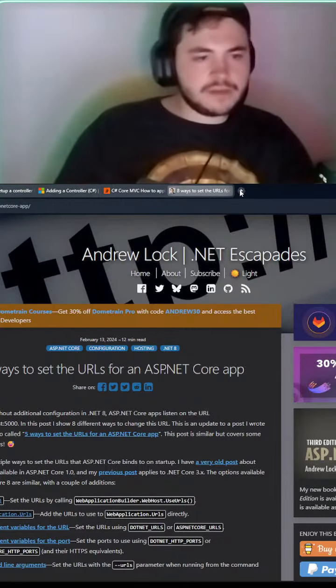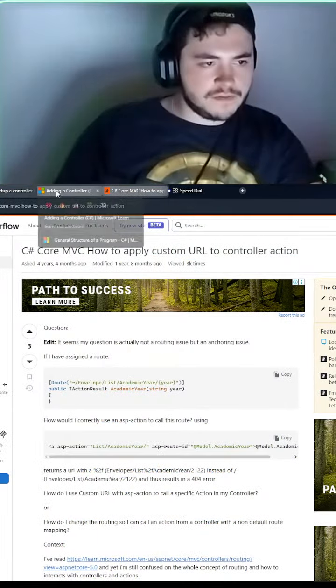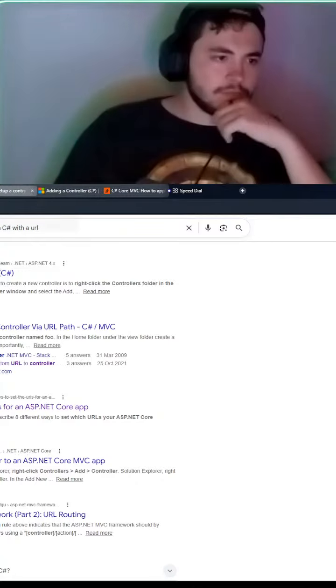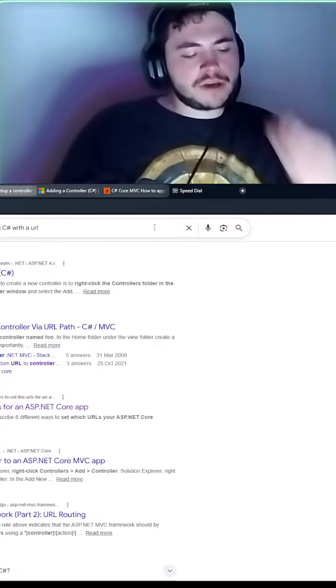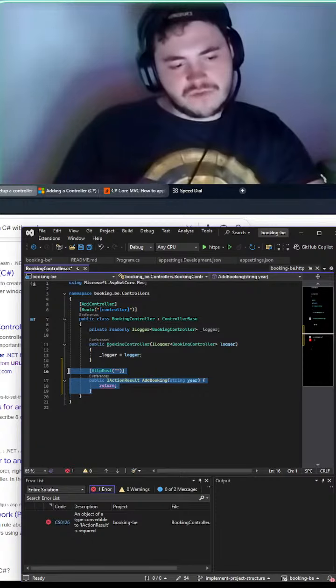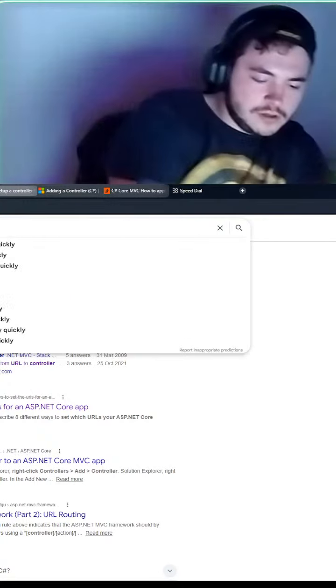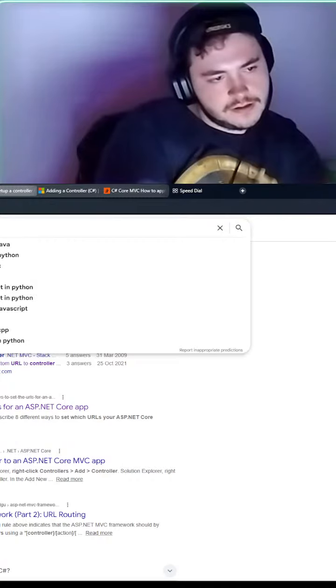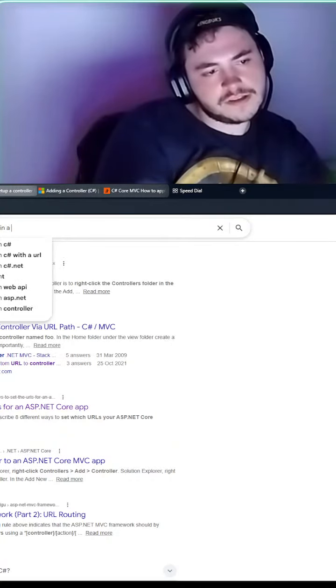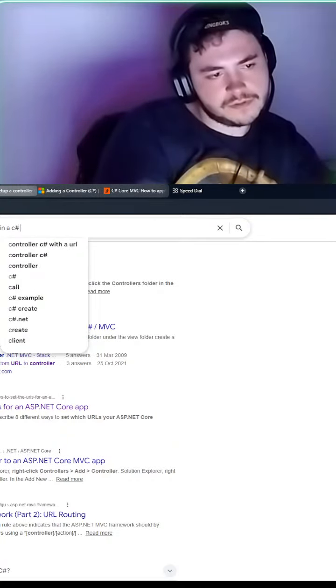Control Shift T. That's not what we're looking for. We're looking for how to define a route in a controller. So how to define an HTTP post in a C# controller.